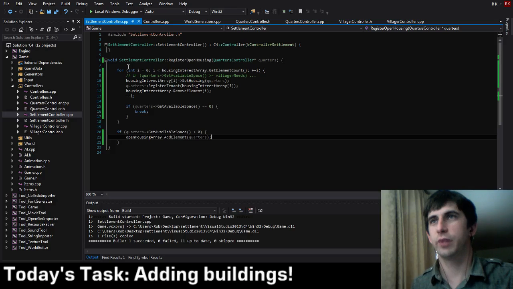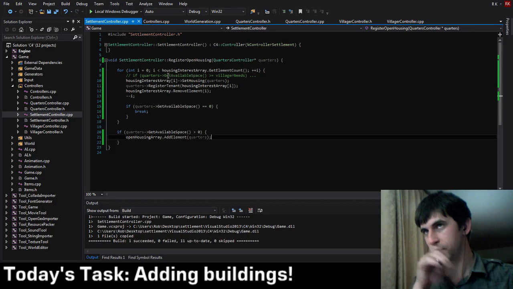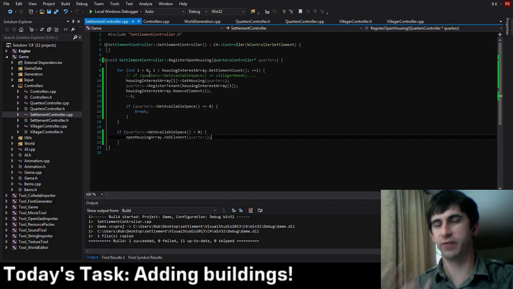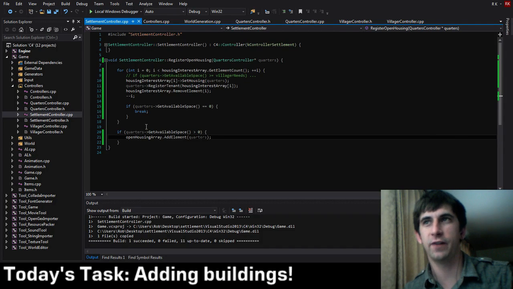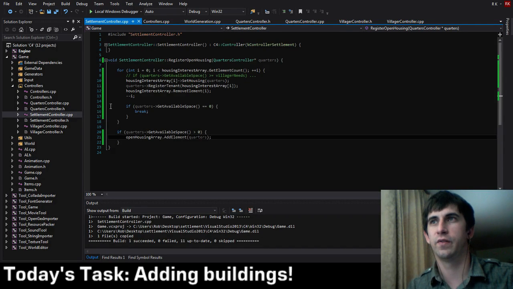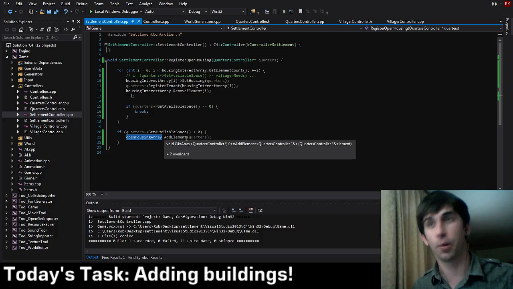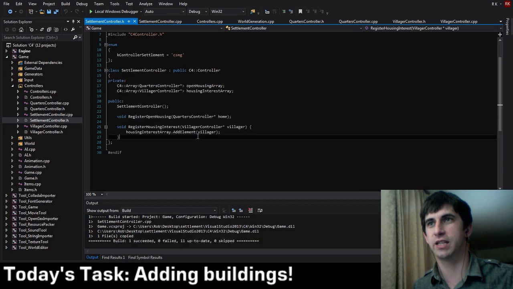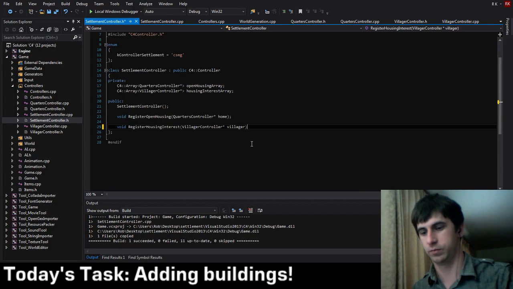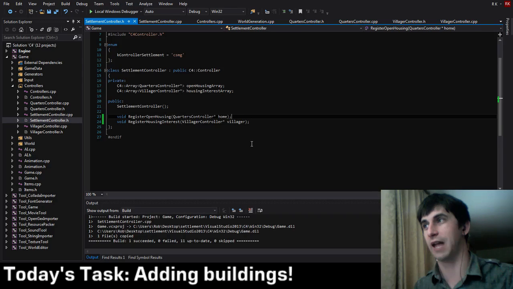Alright, so when you register open housing, we just go through the list of everybody who may want housing, and the hope is that we either run out of people to satisfy, or we add the house to the open housing array, so we've still got extra houses or extra space left over. The other thing to do with this settlement controller is we need to make it more interesting as well. If somebody joins the housing interest group,